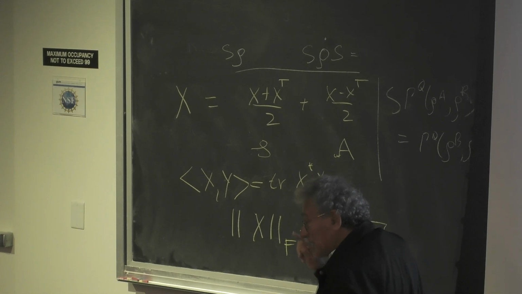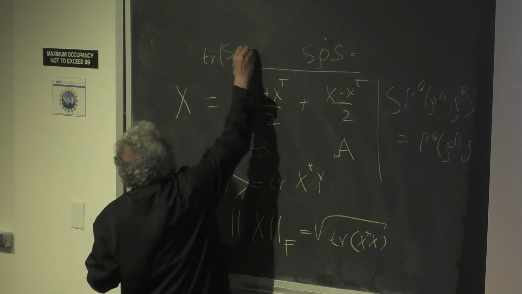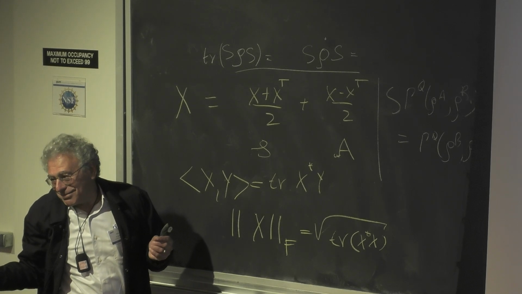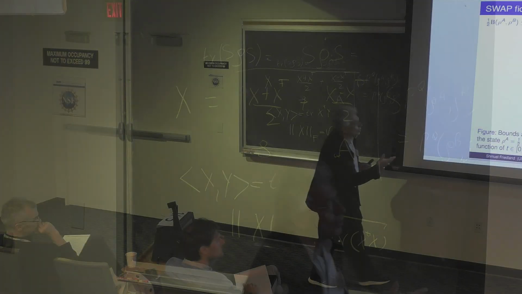But here, when you take the trace, you act only from one side, because in the trace of S rho S, you can put it here, and S squared equals 1. Okay, clear? Okay, fine. So this is sort of